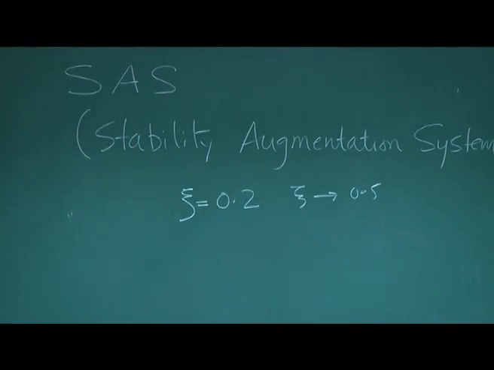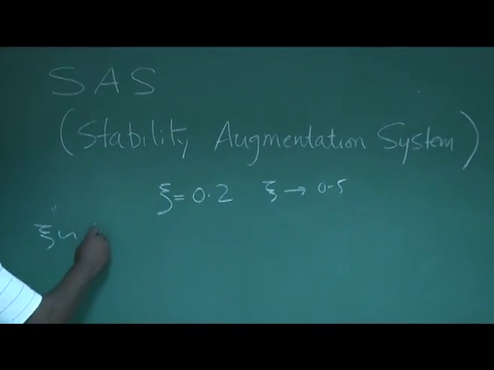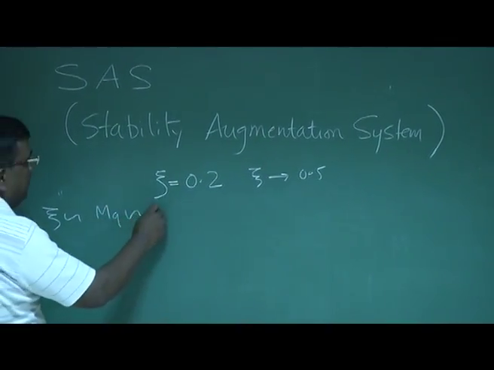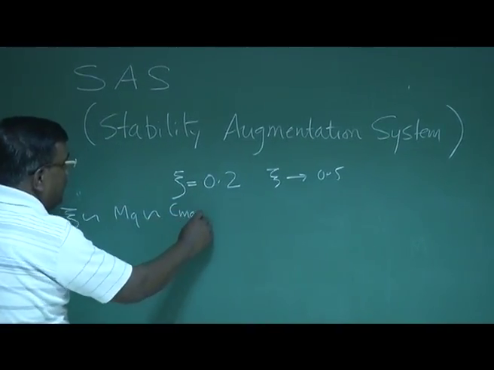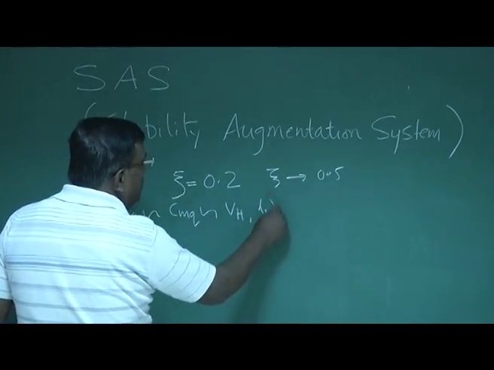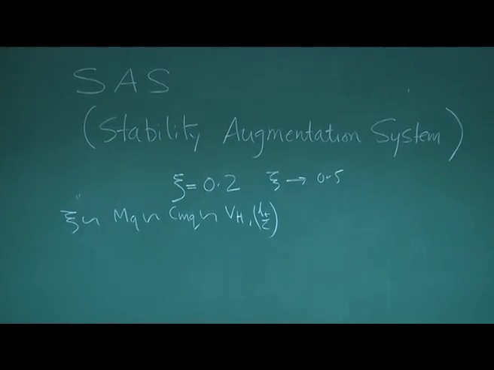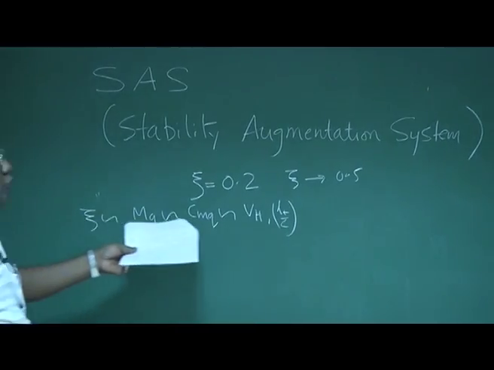What are the ways? You know that zeta is proportional to Mq, Mq is proportional to Cmq, and Cmq means tail volume ratio or lt by c. So I can change the tail volume ratio, I can change lt by c, and change Mq, and in turn zeta will change. But if you want this zeta to be changed without changing further the geometry, because